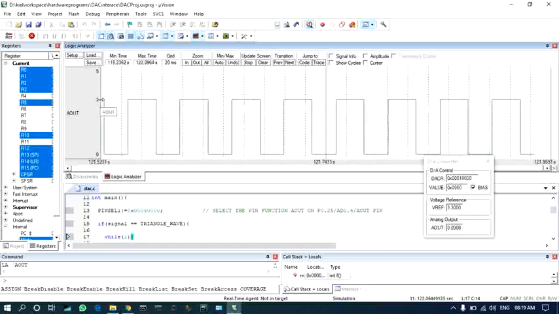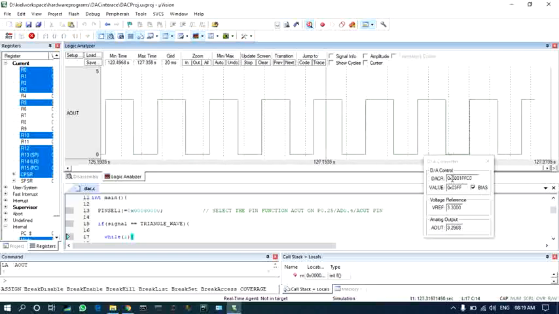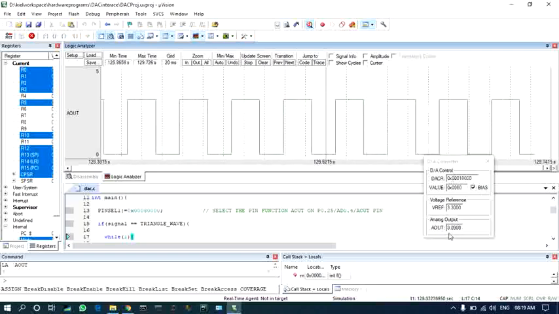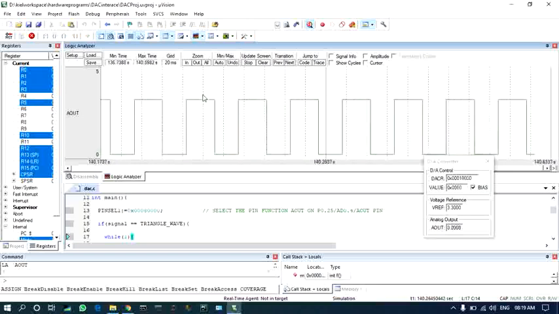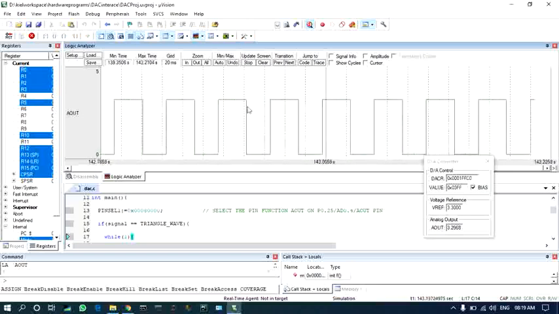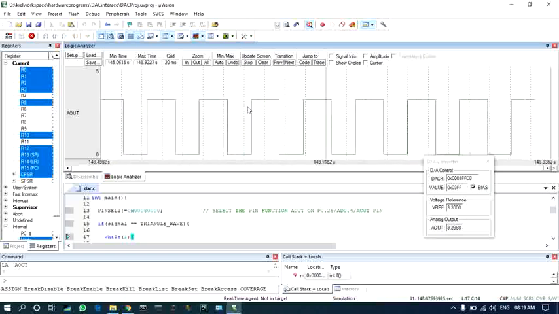This is the output you can see, and you can also see the values of these registers and the A out values. This logic analyzer is a very useful tool to analyze variables as well as pins on the LPC 2148.